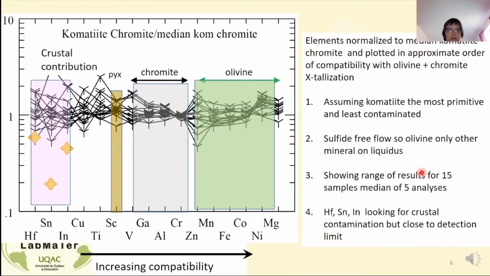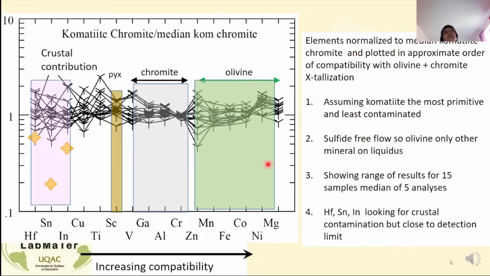Now, as anybody who's ever done any lasering for the first time knows, you get overwhelmed with data because there's a whole load of elements. And then how can you treat them and think about how they relate to one another? So what I've done here so that I can relate them to one another is I have plotted them in order, first